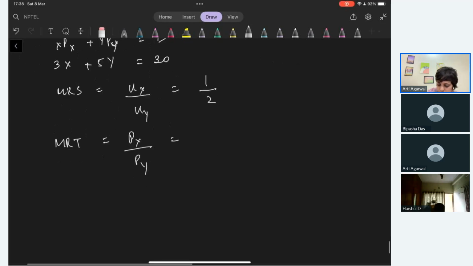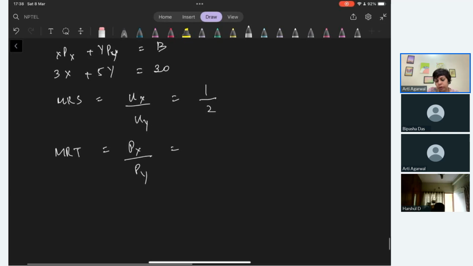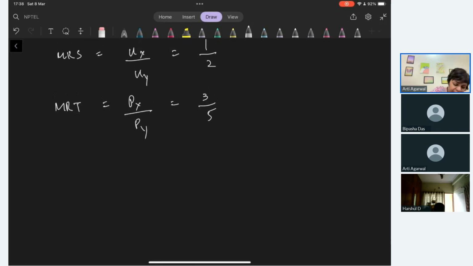Price of X is 3, price of Y is 5, so 3 by 5. So what do we see? Which expression is bigger? You can write this as 0.6. You can write this as 0.5. Therefore, MRT is greater than MRS, right? So he is going to consume only good Y,